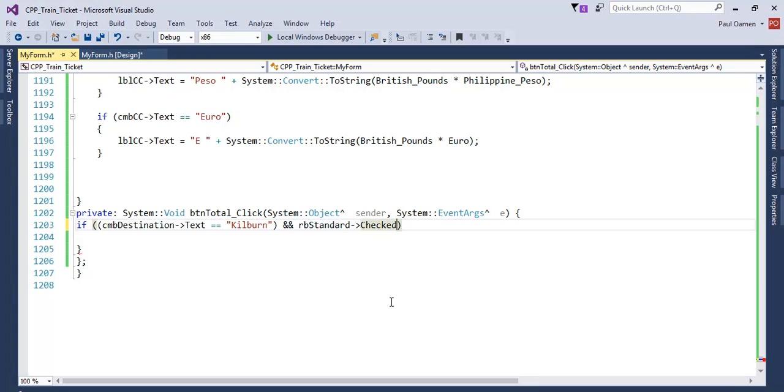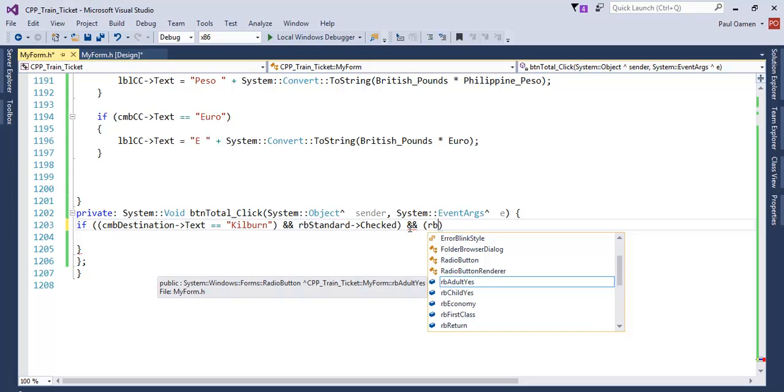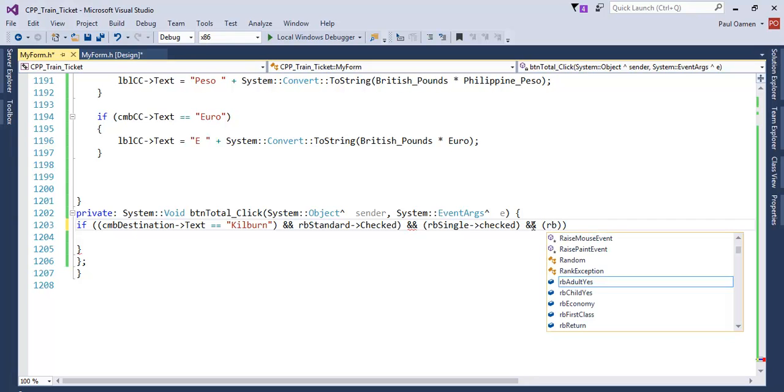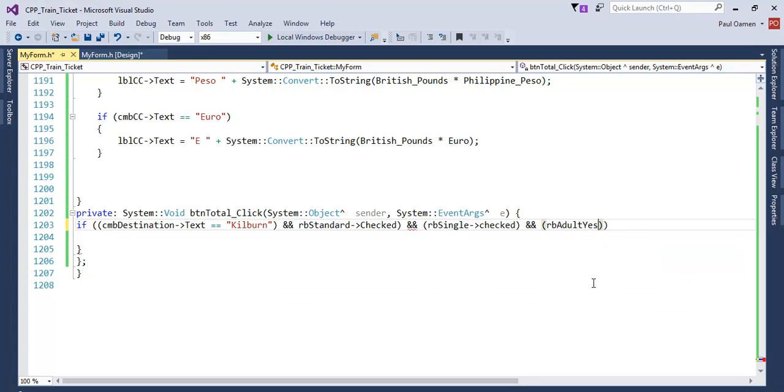Okay, if it's checked, then we say, and let's go for RB single. Let's look for RB single right there. That's it. Okay, if that one is checked as well, and let's use another and. The next one, let's go for the adult. Let's open that, and we're gonna need two of those. Yeah, and come in here. Let's say RB adult. If that one is checked as well,